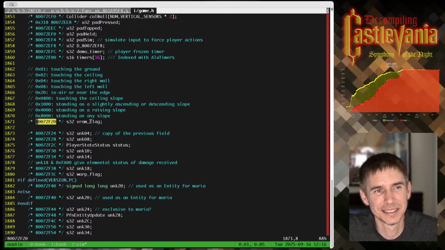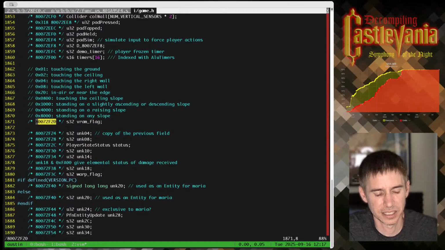I think it may be misnamed. It possibly is named from something that was in a comment somewhere, but if you look at what this bit field represents, it doesn't really seem to go along with these things.